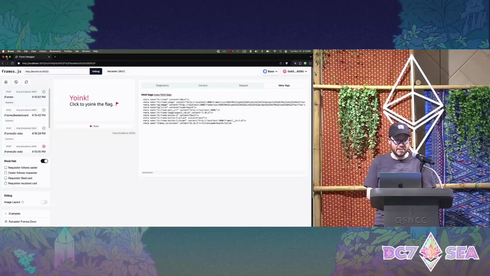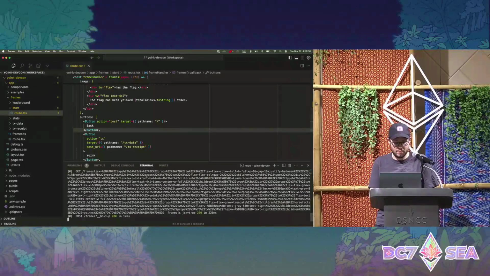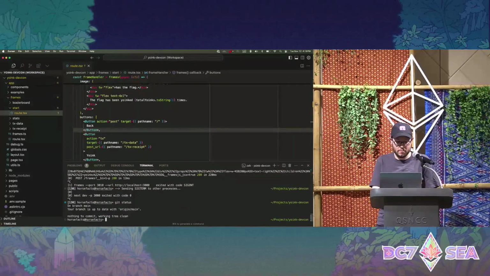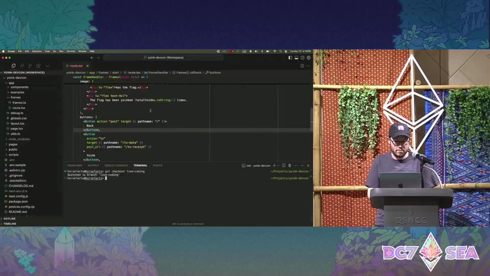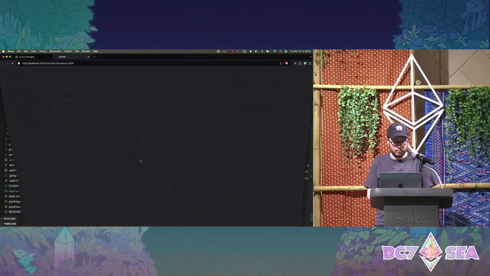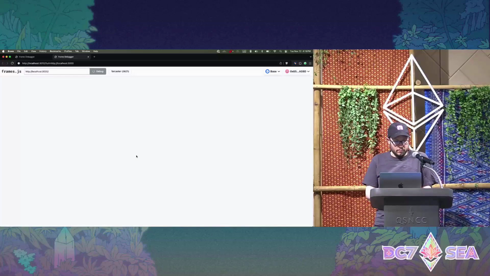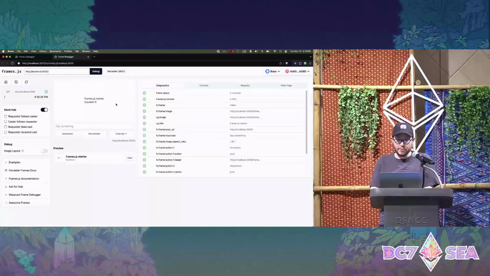OK, so that's the idea. Let's go through and build this up step by step. OK, so we're back to the frames.js starter here.